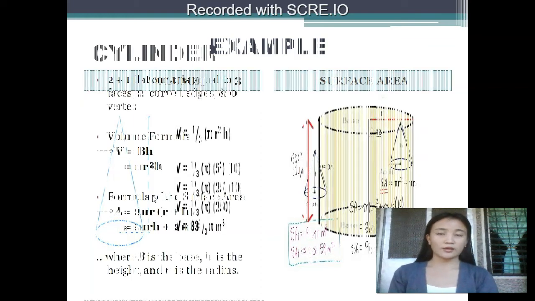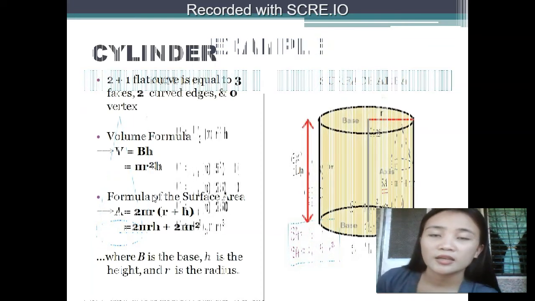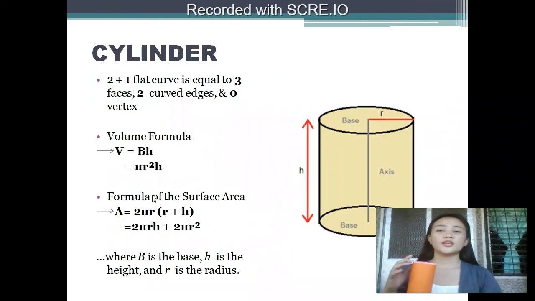Next, third is the cylinder. This is the cylinder. A cylinder has three faces, two curved edges, and zero vertices. So let's see. A cylinder has three faces, of which two